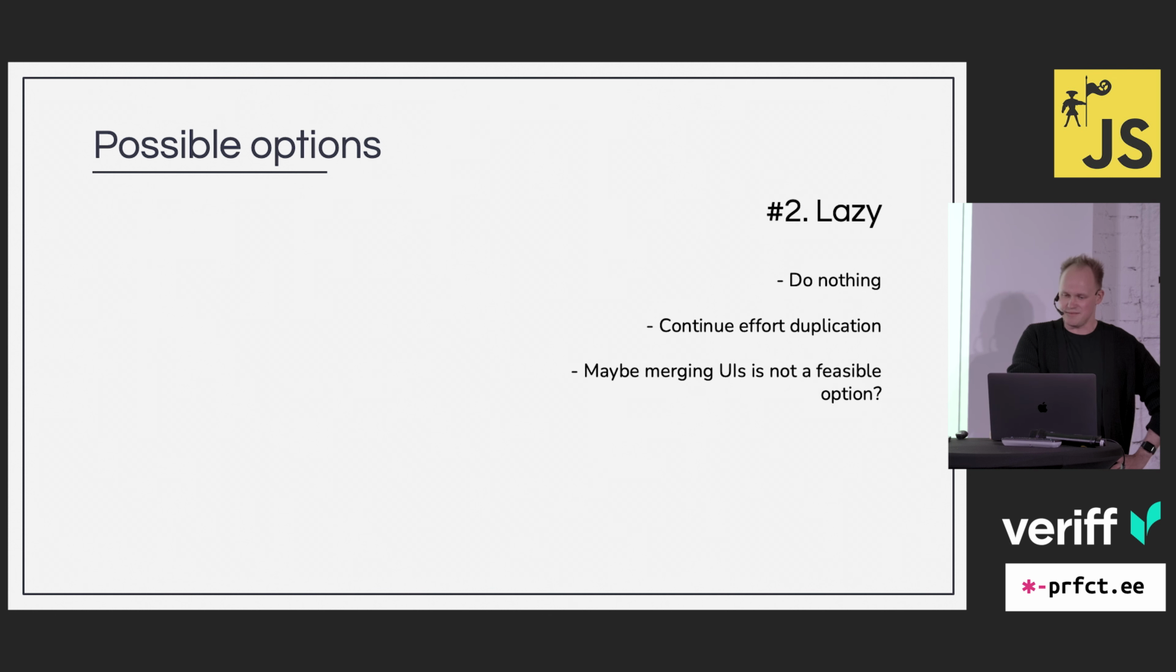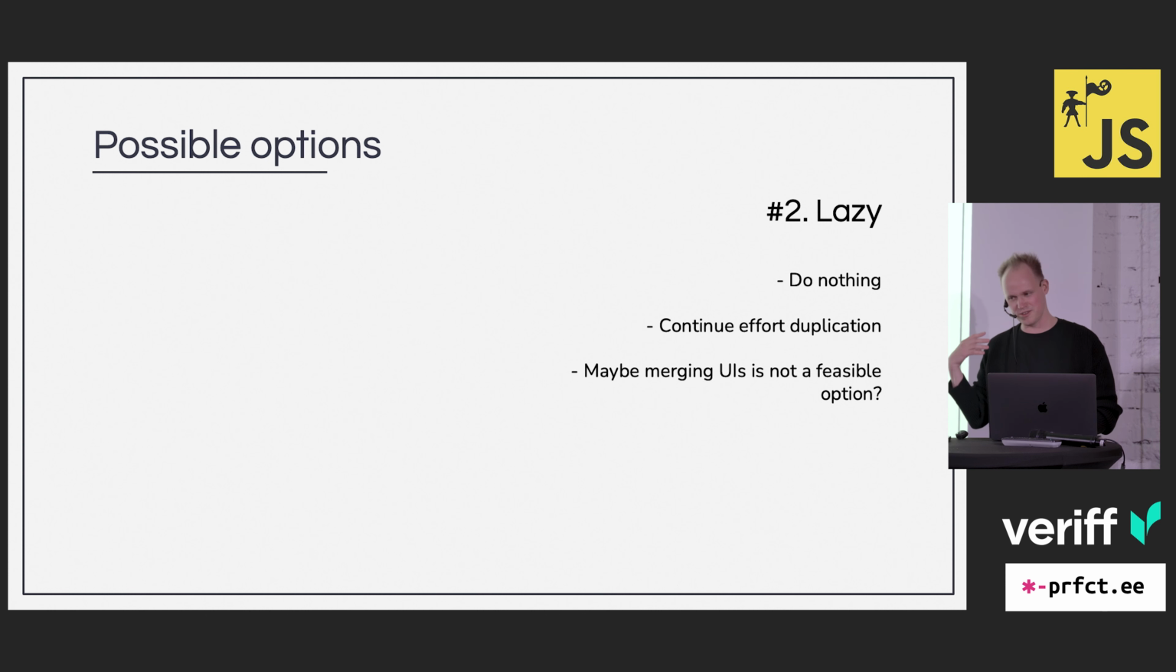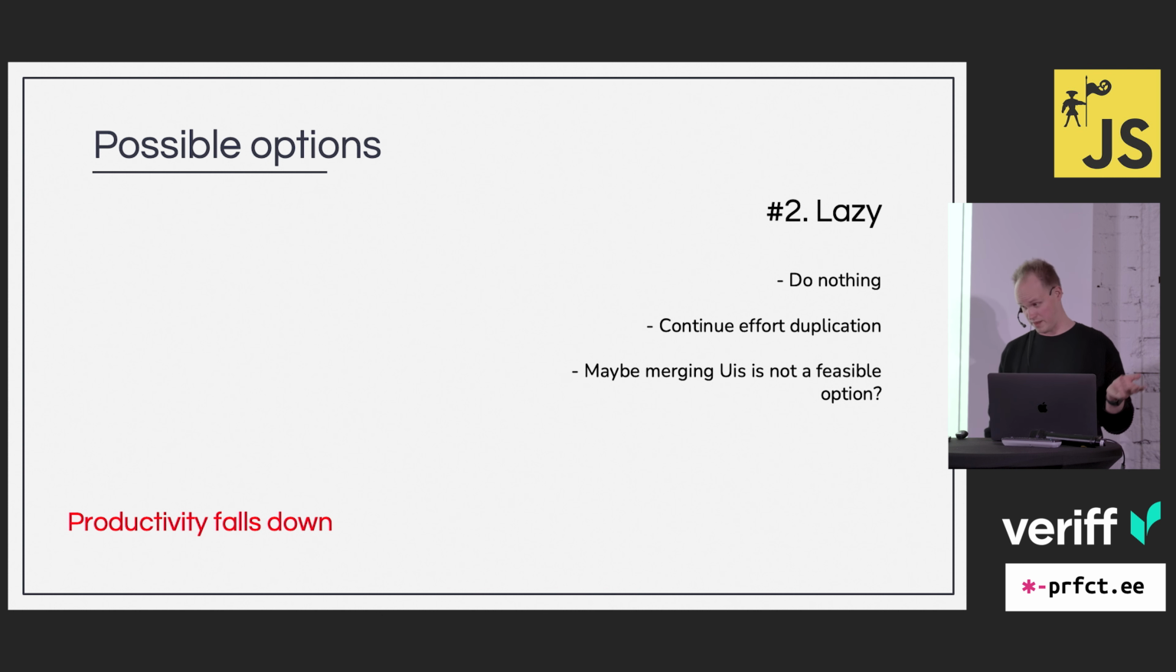Second option is lazy. Just do nothing, proceed with the same thing all over again. We continue this with the separate teams, continue deprecation, and maybe merging these UIs is not a feasible option, but productivity falls down. We have maybe about 15 different modules in each of the systems. Each of these modules needs improvement. We build and release each module every couple of months, so it adds to our portfolio, and all this needs